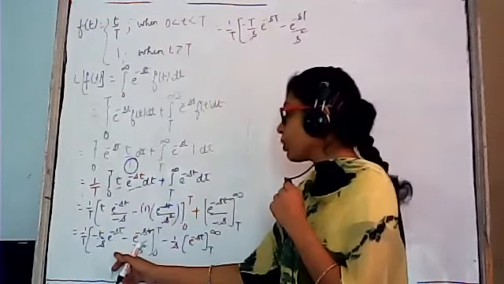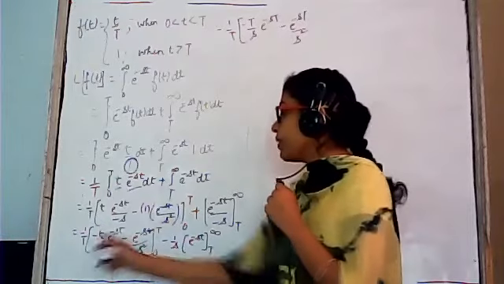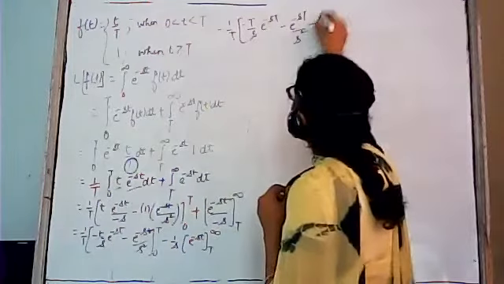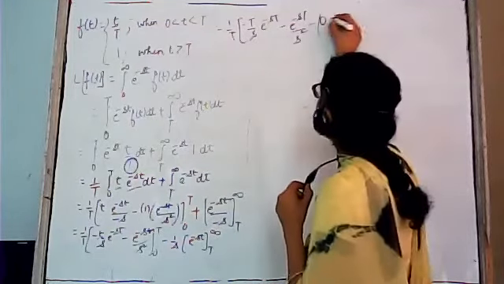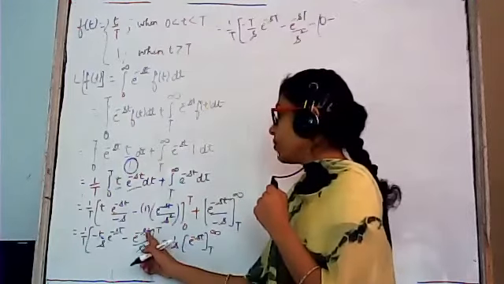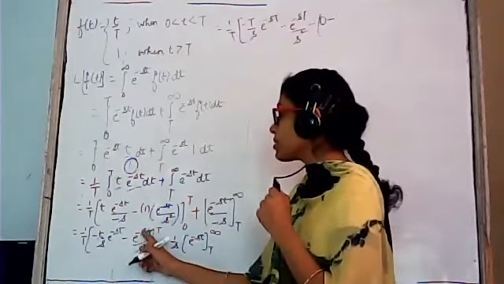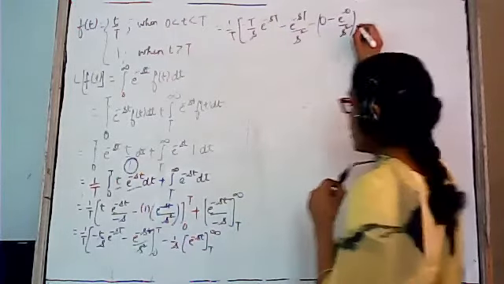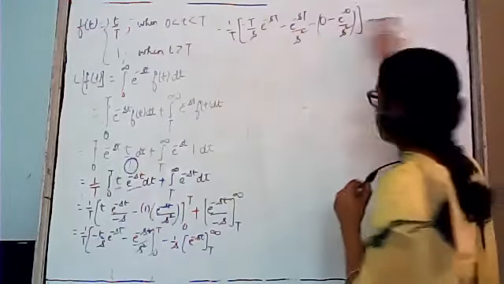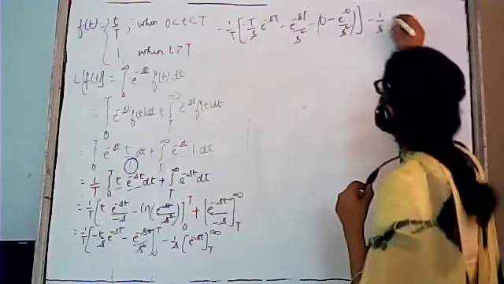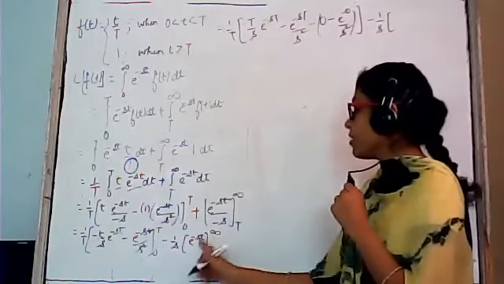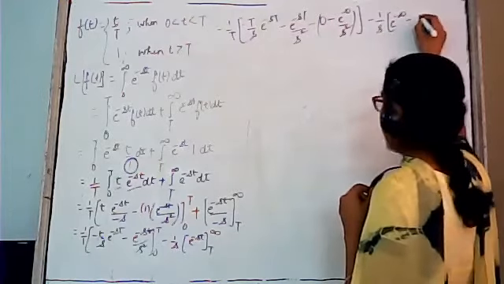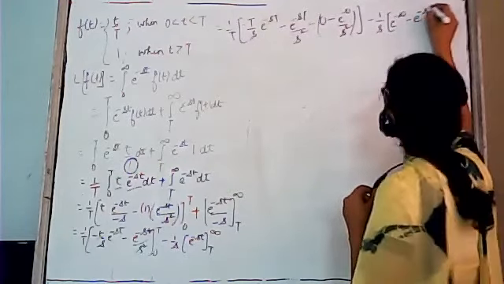After that we have to substitute the lower limit. Okay, here you put the lower limit, in place of t it will become 0, minus the lower limit. First term will be 0, minus substitute 0 in this t, you will get e to the power 0 upon s square. Okay, this is the lower limit, minus 1 upon s. You have to substitute infinity. Instead of t, it will be e to the power minus infinity minus e to the power minus s into capital T.